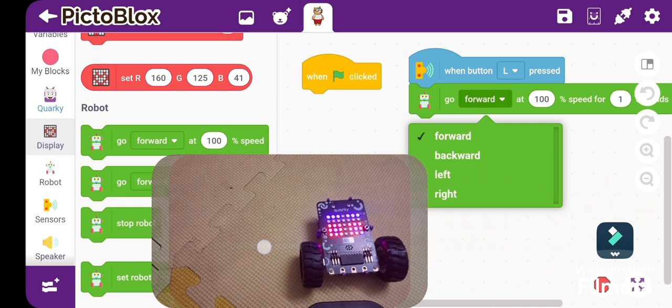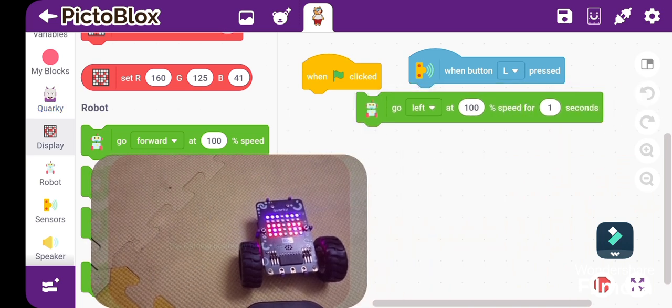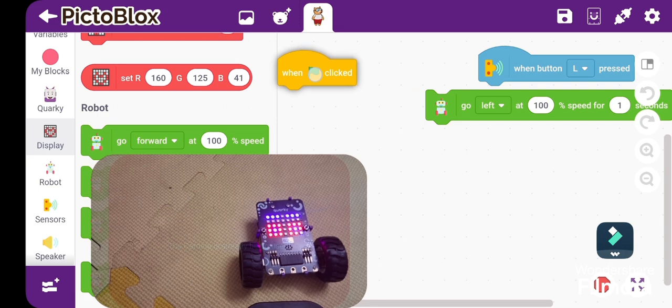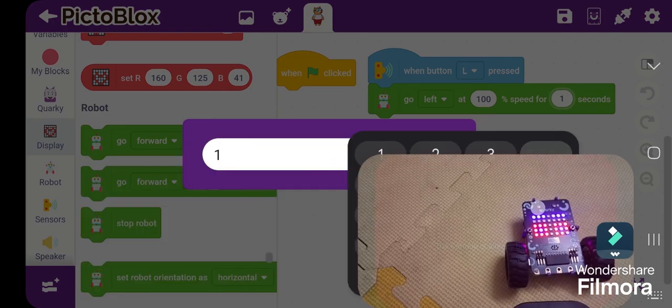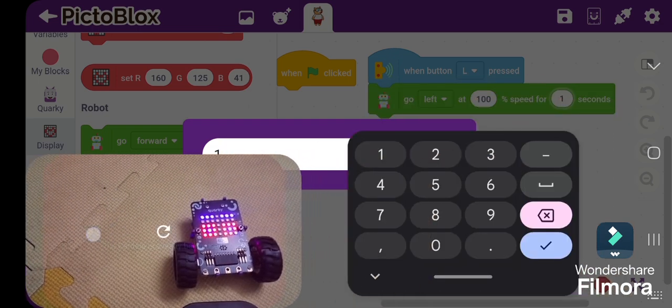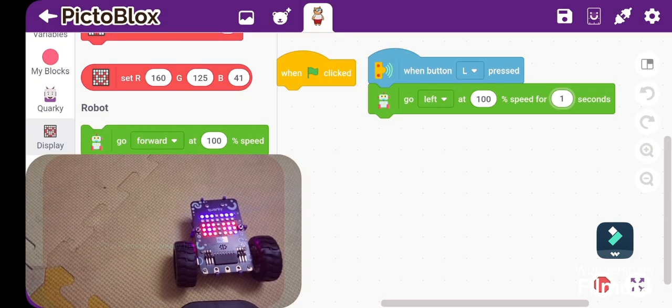forward, left. Go left at speed 100% for 1 second. Let me do it for 2 seconds. Where is my keyboard? Okay, it's overlapping with my thing. Okay, let's make it 2 seconds, and then